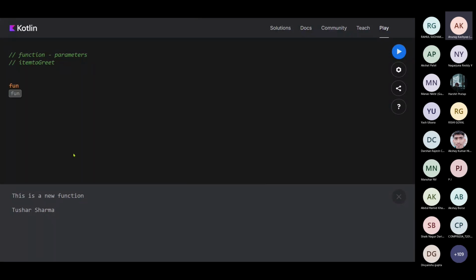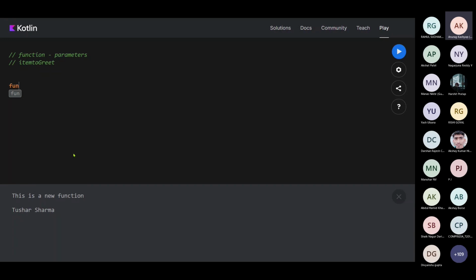What is item to greet? Item to greet is one of the functional parameters. Okay, with your function you can do a lot of things. One of the things which you can do is item to greet, and this actually helps sometimes in app development. That's why I'm covering this. There are a lot of function parameters, and I can complete all of them, but our main focus is app development, so I'm covering this particular part.